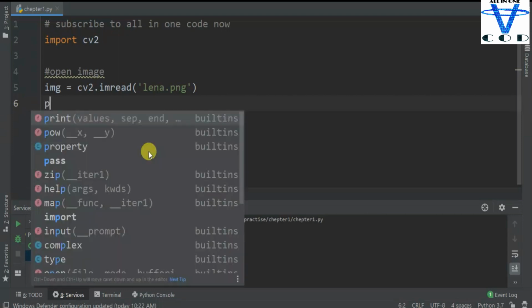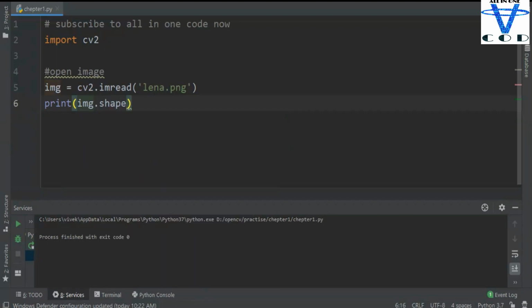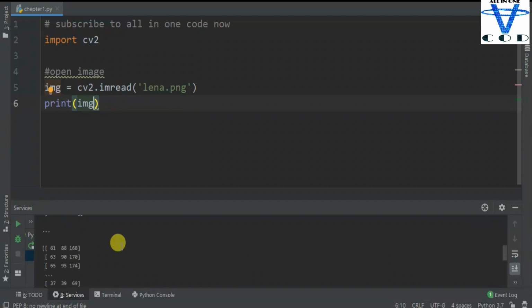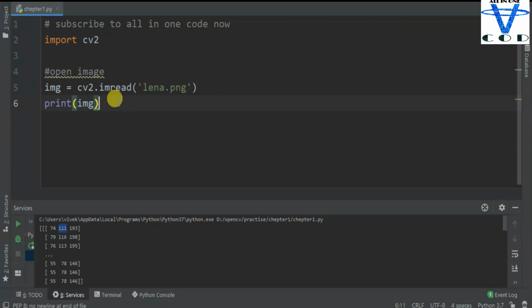So let's first print the img.shape. So you see the shape of this lena.png. Now this is a color image, so we are gonna get three values. You can see 512, 512 and 3. If this is a black and white image, we are gonna get only two values. Now let's print the image only. You can see this is the array of our image, and all of these numbers represent the single color of our image. So now let's display this image, and for that we are going to use the